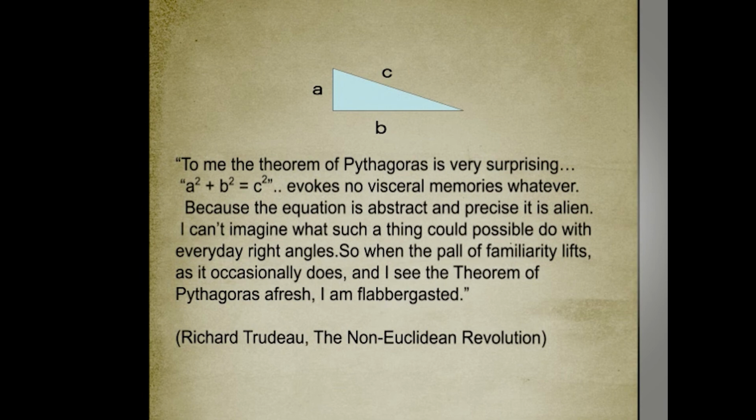I mean, it evokes nothing, and because the equation is abstract and precise, it is alien. It's not part of my everyday life, unlike right triangles. I can't imagine what such a thing could possibly do with everyday right angles. So when the pall of familiarity lifts, forget that it is familiar. Imagine yourself looking at it for the first time. So when the pall of familiarity lifts, as it occasionally does, and I see the theorem of Pythagoras